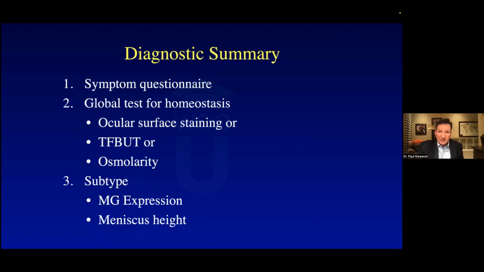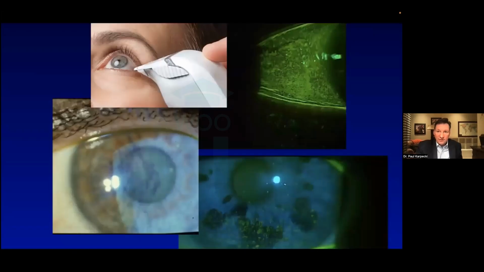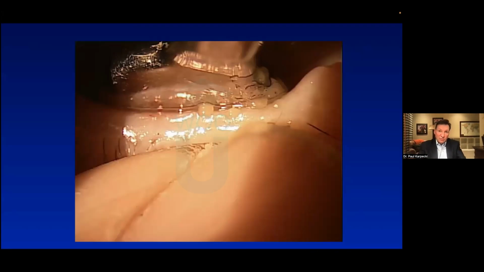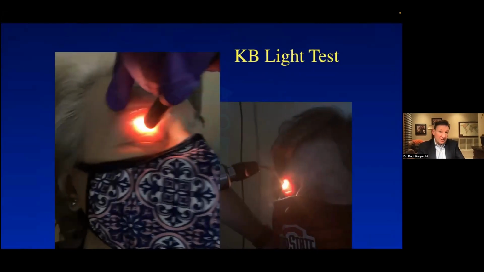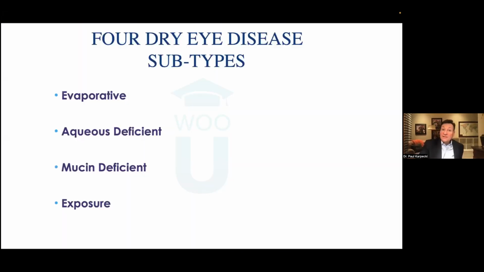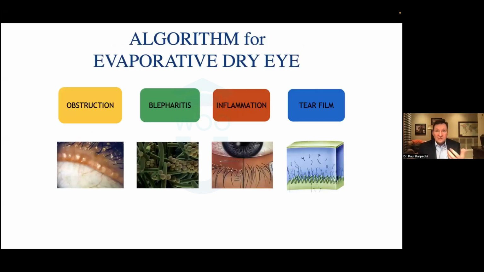So if we go back, I know it's a little ways back, but let's go back here. Oh, there it is. Top right, that's mucin deficient. You get that level of staining of the conjunctiva, that is completely mucin deficient. Although you might also get mucin strands. You may actually get filamentary keratitis if it gets bad. And then the exposure, the inadequate lid seal I just showed you at the end. And then each one has its own sort of treatment.